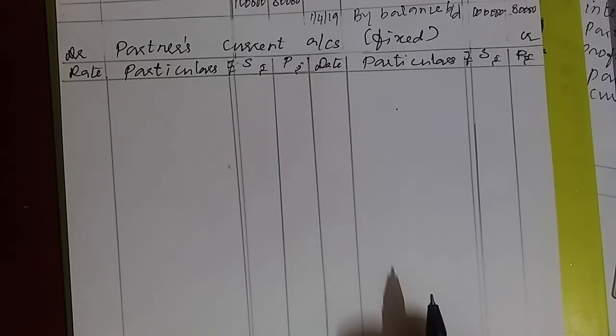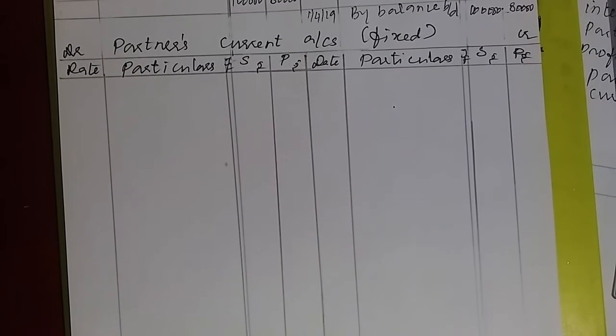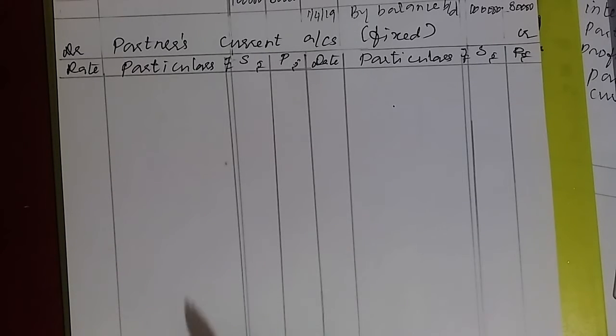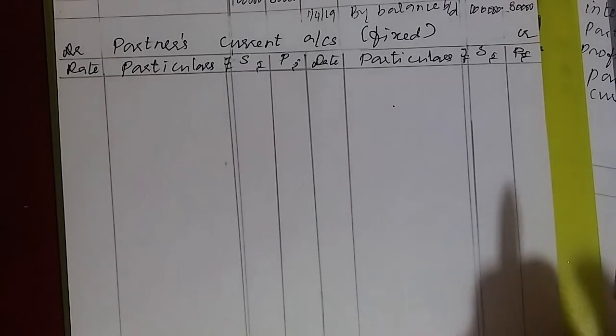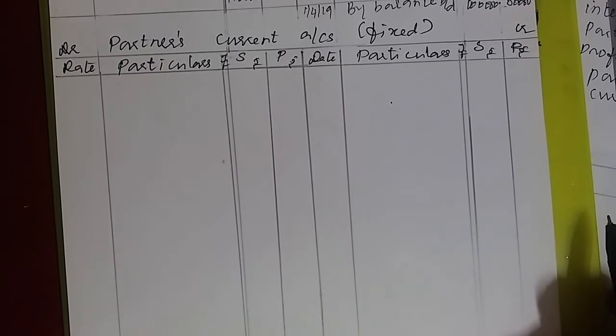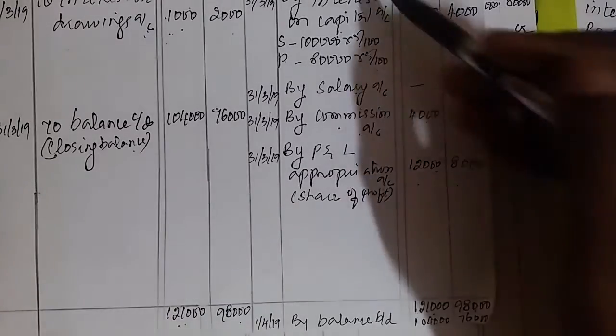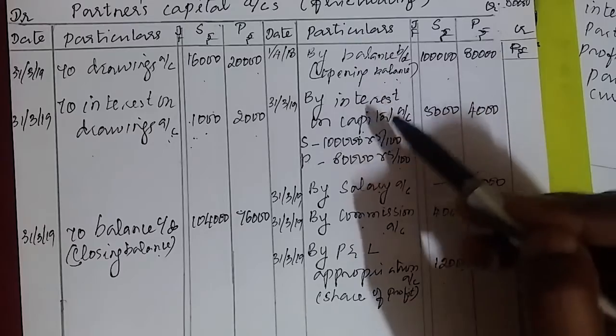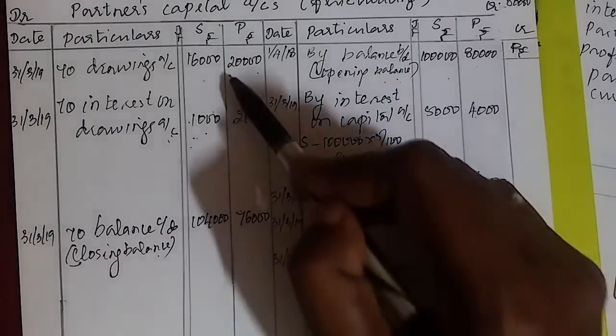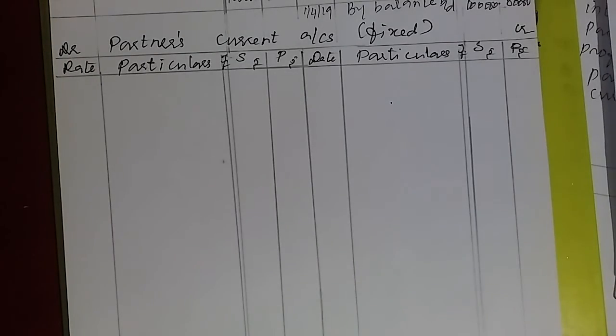And the second ledger under fixed method is partners current account. Under partners current account, we have to write only the adjustments except capital. You do recall the adjustments. See here, under fluctuating method we have written with opening capital. Except this, all these adjustments should be entered in current account. All these values should be entered. That's all.